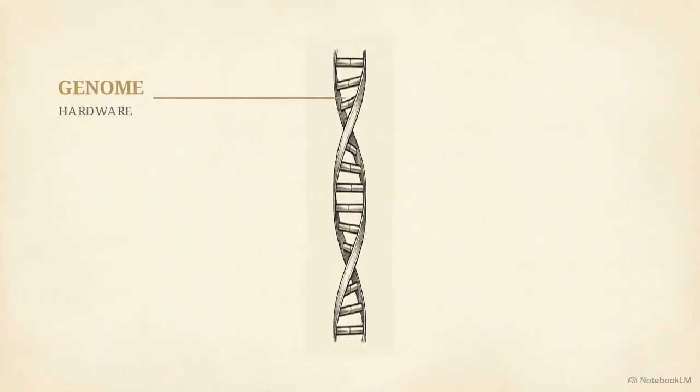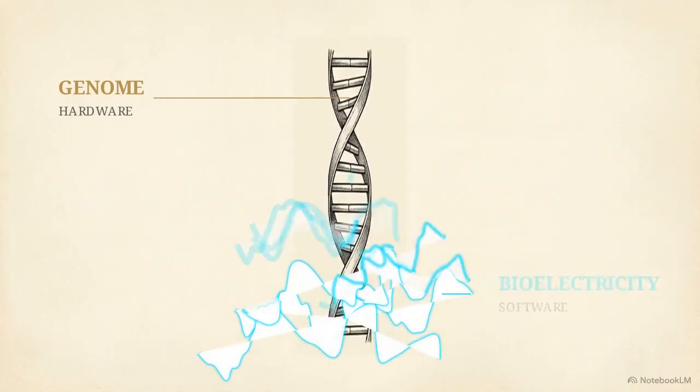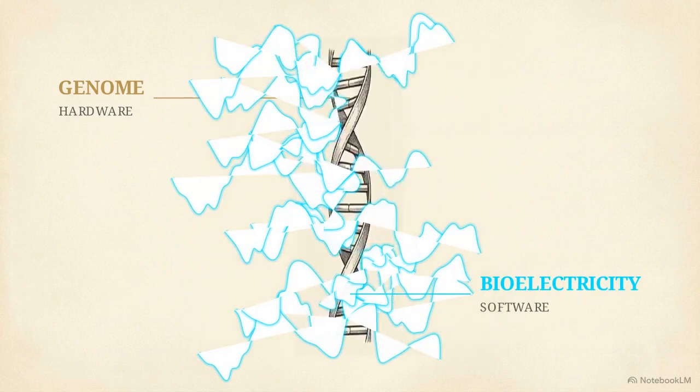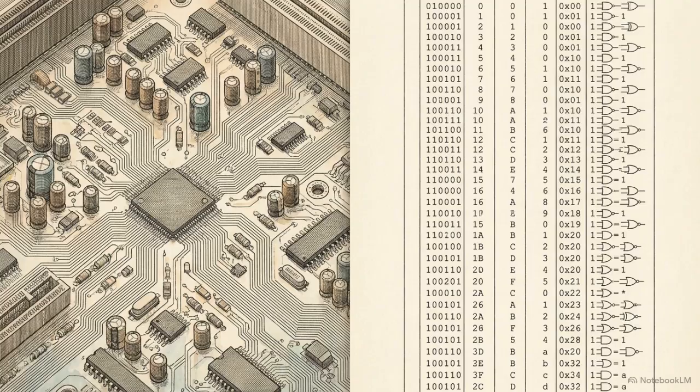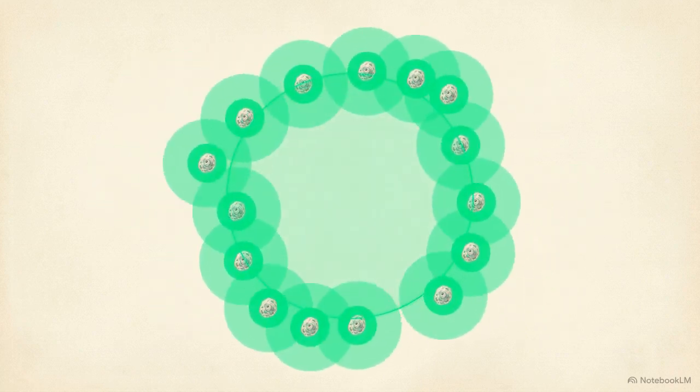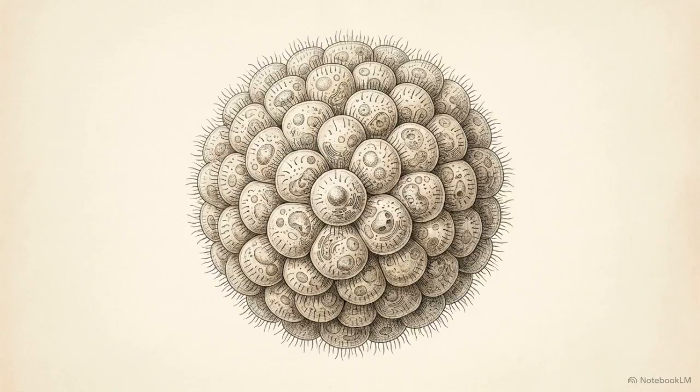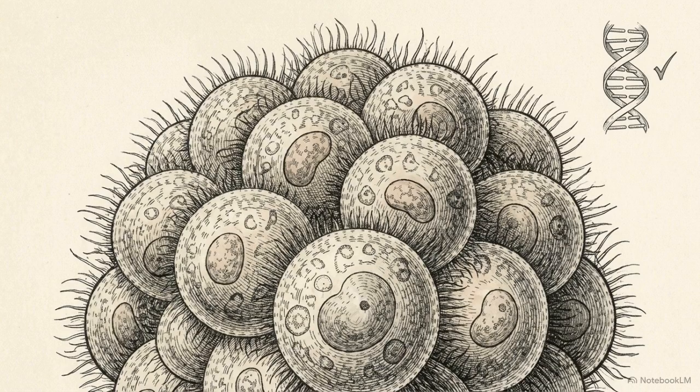We usually think of the genome as the ultimate blueprint of life, but Levin's research identifies a distinct, separate layer of control, bioelectricity. While DNA provides the hardware, cells use voltage differences to run software. These electrical patterns store the target anatomy, telling the collective tissue what shape to build. To test this theory, researchers created anthrobots. These are tiny, self-assembling biological robots constructed entirely from normal adult human tracheal cells. They require zero genetic modification.